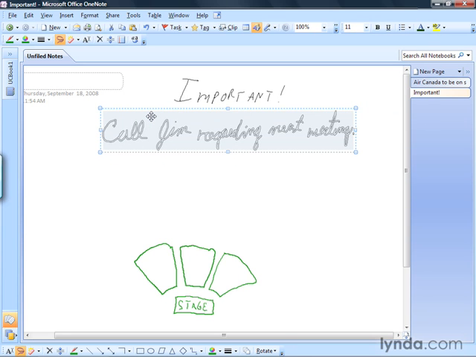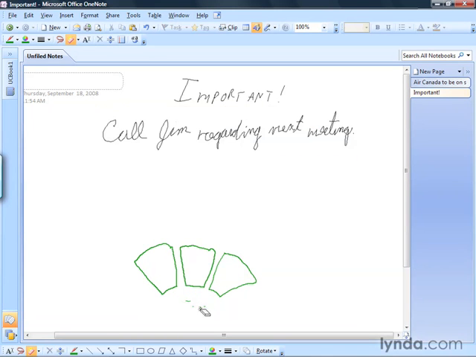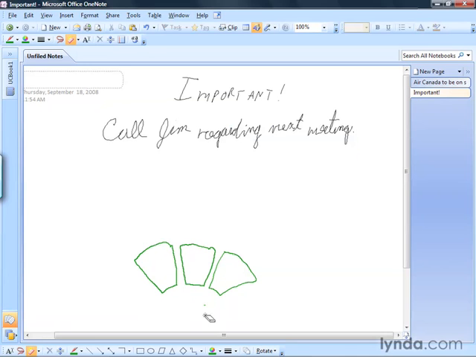All right, if I wanted to erase just portions of a drawing, I might want to use the eraser tool instead. So I'm going to go up to the eraser tool, and you'll notice as I hover over it, it says stroke erase, which means when I click on it, I can now start clicking and dragging with my mouse or pushing down with my pen to erase portions. So if I didn't want the stage, for example, you can see as I move over it, it's kind of being erased. If I go up to my undo button and click that, Control Z on your keyboard, we get